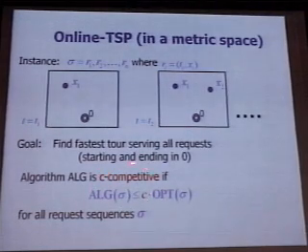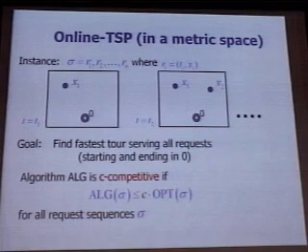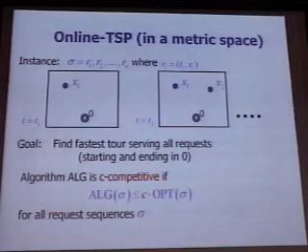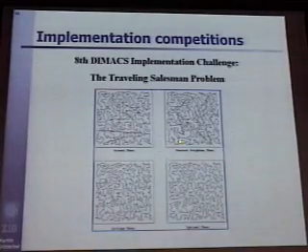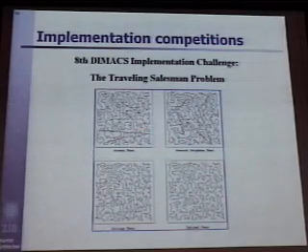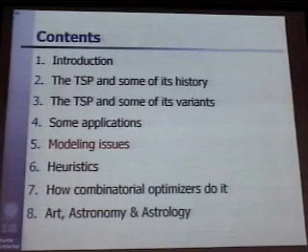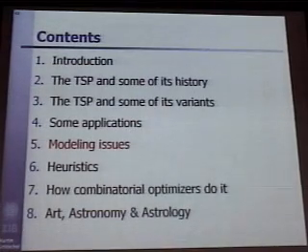So you would like to have some C-competitive algorithms, so that the algorithm's solution is only, say, 40 times worse than the optimum in total. That's a big research area right now, and we've done some contribution to that, but I will not go into the details of this. So let me show you some of the applications, and there are always implementation challenges, for example when people compare algorithms and the like. Modeling issues.